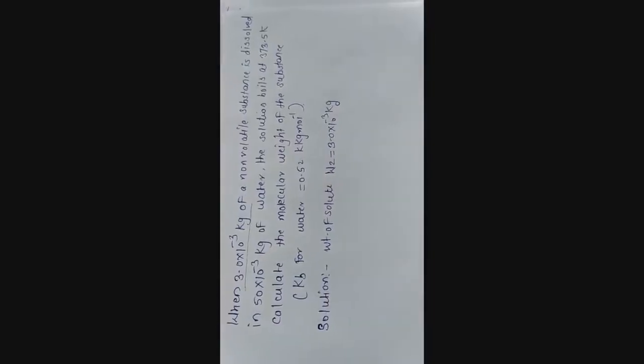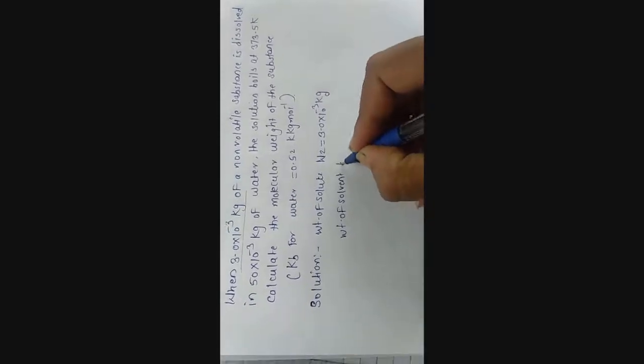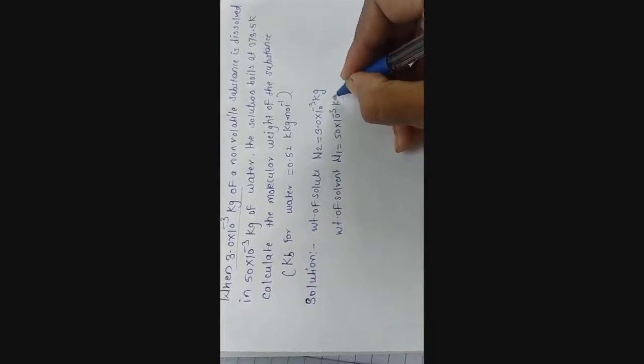Okay, the next is which is dissolved in 50 into 10 to the minus 3 kilogram of water, that is nothing but the weight of solvent, given by W1 equal to 50 into 10 to the minus 3 kilogram. Okay, so the solution boils at 373.5 Kelvin, means the boiling point of solution, which is given by the TB equal to